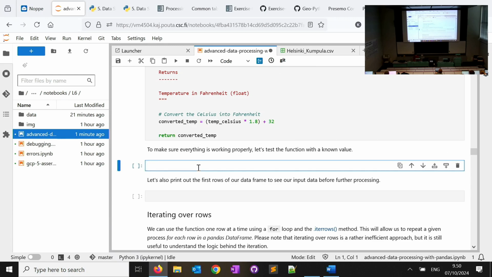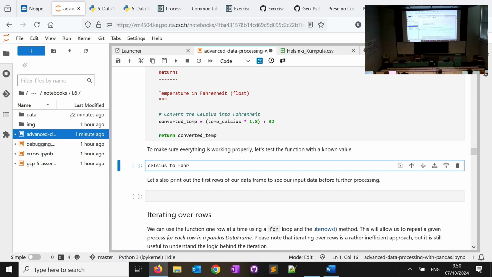To make sure our function is working fine, I'm going to test it for a value that I already know in Fahrenheit. So the name was celsius_2_far. Yep, so that's the name of our function.